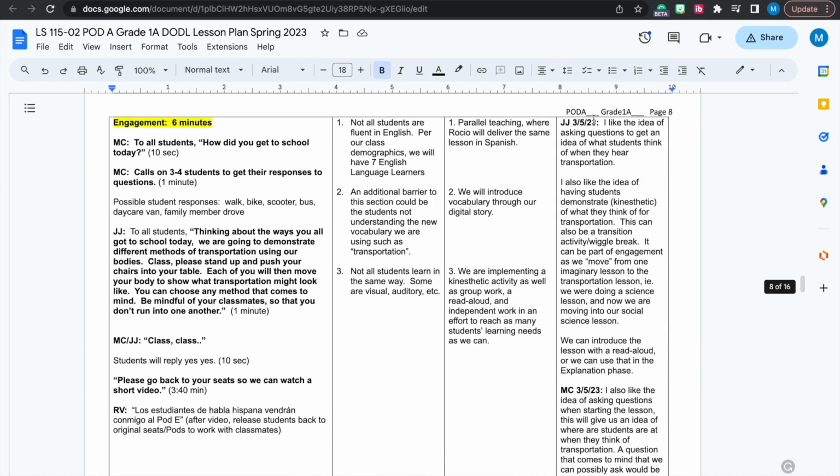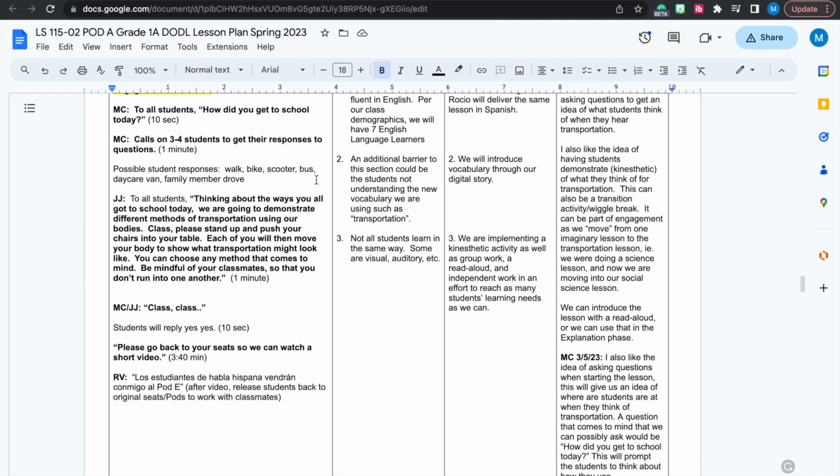And another thing I really enjoyed about this lesson is the fact that we included those emergent bilingual learners by having some of our lesson be taught in Spanish as well. Personally, I'm in the bilingual authorization program at Fresno State, so it was very good practice for me to be able to have that dual immersion in our lesson plan. I've never had to do it before for another class,